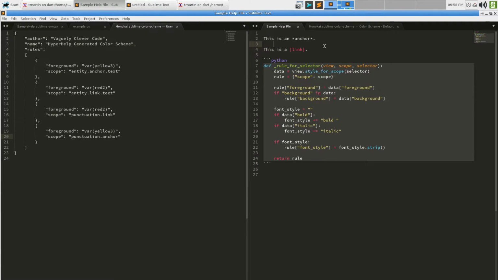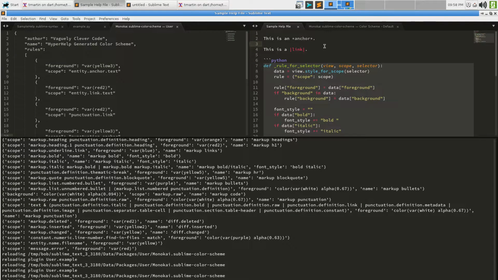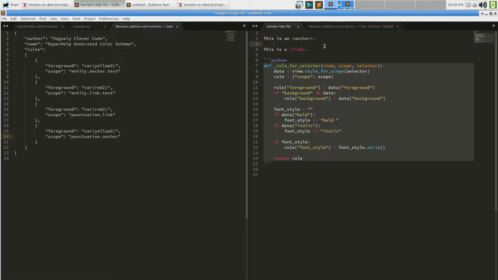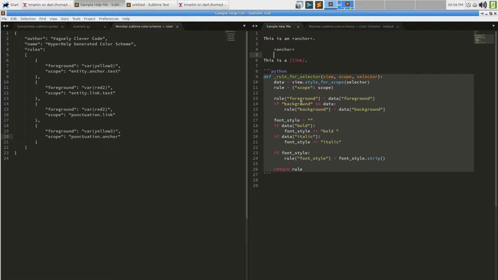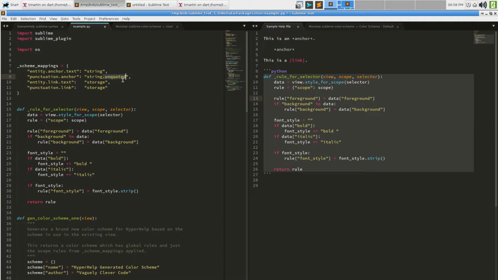Might be worth it to make sure this is using the appropriate color scheme. And it is. Oh, I see. It is actually changing color. It's just really, really dim. All right, well, maybe it was string.quoted and not string.